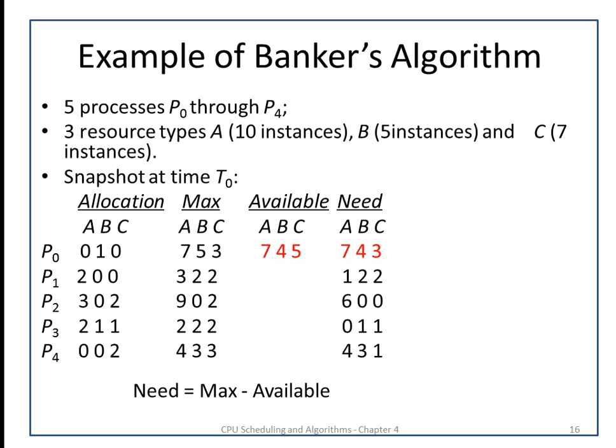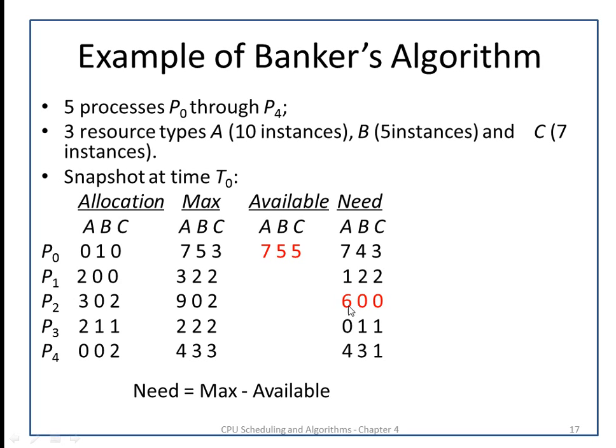Now what we have done, we have scanned all that process in one sequence. Now we will again scan the processes so that in the next scan the remaining process execution may be completed. So again we will check for the process P0. So the need of the process P0 can be satisfied with the available resources, so that resources will be allocated to the process P0 and it will complete its execution and it will return back resources to the system, so that new available will be 755.